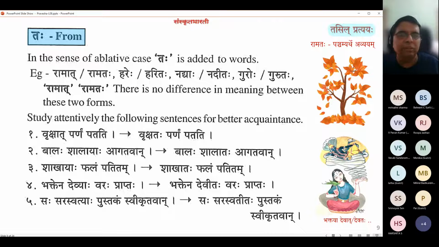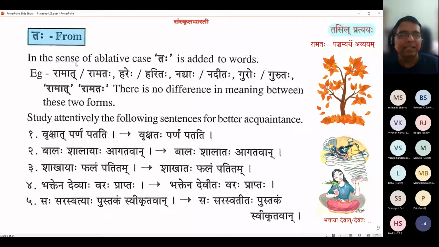Now we are switching to a Tasil Pratyaya. This is called Tasil Pratyaya. That's what I have named here. So it's sometimes good to know the technical title. Then if somebody asks you too smartly, you can ask, do you know about Tasil Pratyaya? And then like that, shut them up. Don't use it for that. Okay. So Tasil is from which this Taha comes.